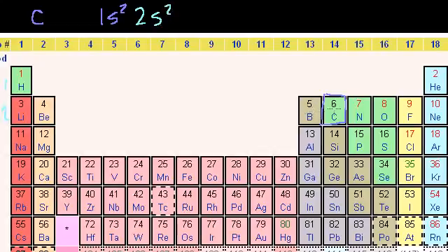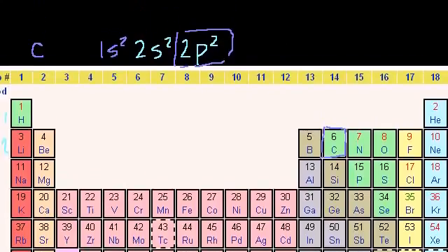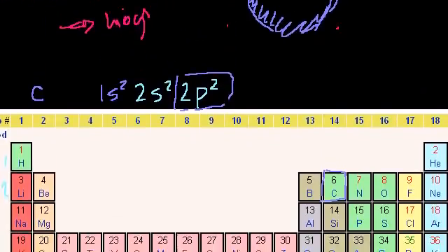So then it starts filling 1p and then 2p. So, and we're still in the second shell. So 2s2, 2p2. So the question is, what would this look like if we just wanted to visualize this orbital right here, the p orbitals? So we have 2 electrons. So 1 electron is going to be in a, let's say if this is, I'll try to draw some axes. That's too thin. So if I draw it in a 3-dimensional volume kind of axes,